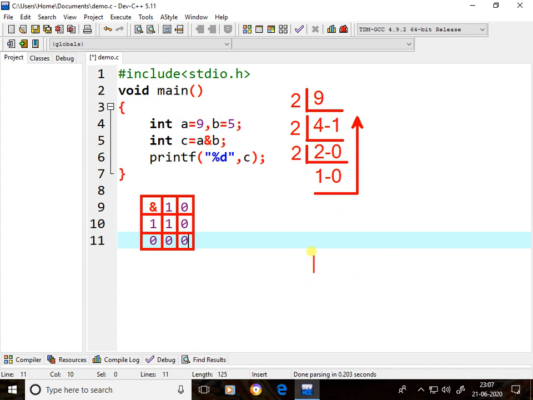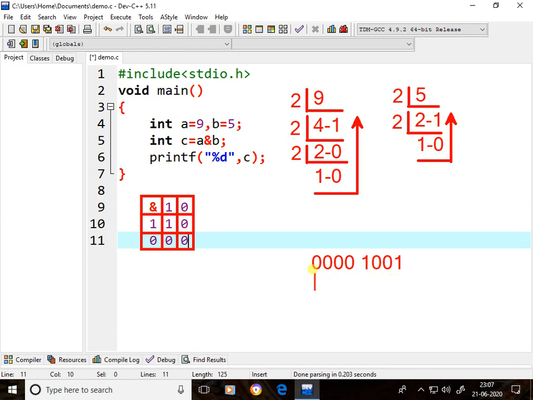Here 1 byte equals 8 bits. Like that I'll take 1 0 0 1, like that 8 bits. 5 in binary format: 2 2s are 4, remainder 1. 2 1s are 2, remainder 0. 5 in binary format is 1 0 1.